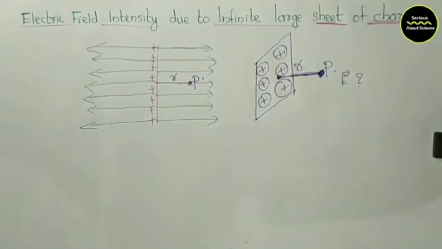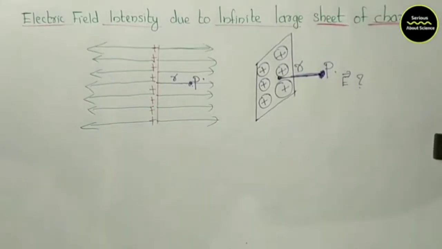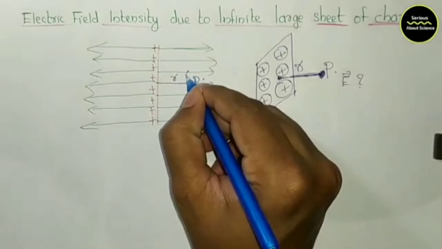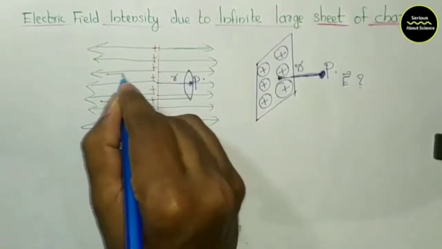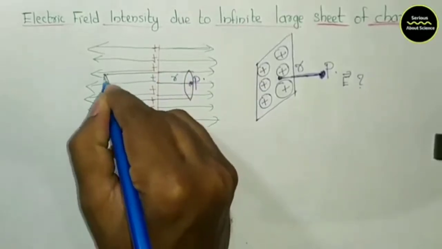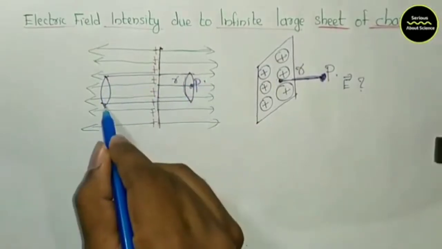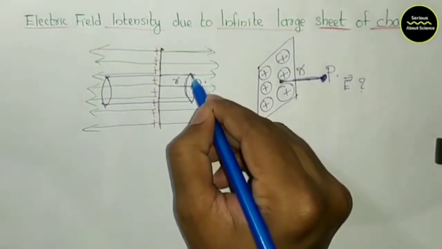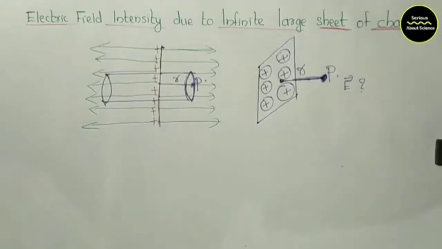Where does that area vector direction go? You know that the small elementary area vector ds will always be going outwards. When I take a plane sheet, the direction of the area vector is always outwards. To find out the electric field intensity at P, imagine an arbitrary point Q1 around which we draw a circle on the surface of the sheet. We draw a shape of a cylinder like this to find the elementary area ds.